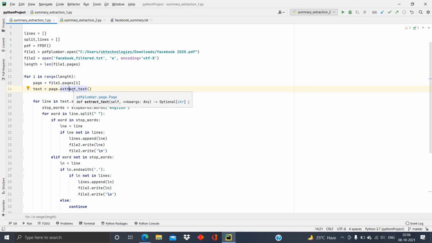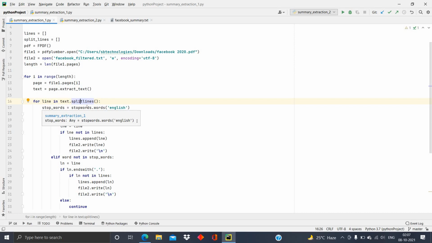After extracting the text, I am going to split the entire text into lines, because I want to filter the PDF text line by line. I am just going to split it using this function, split lines.